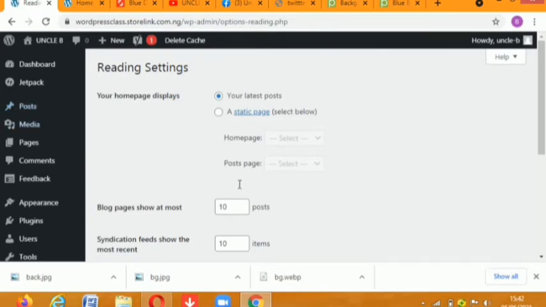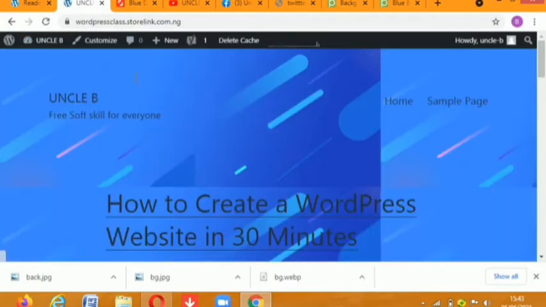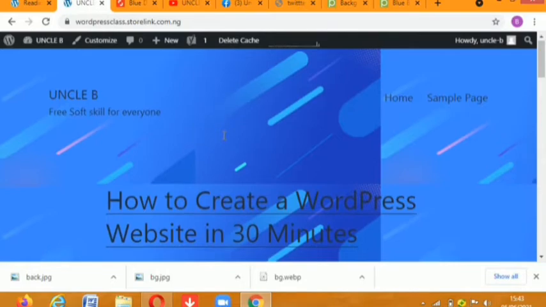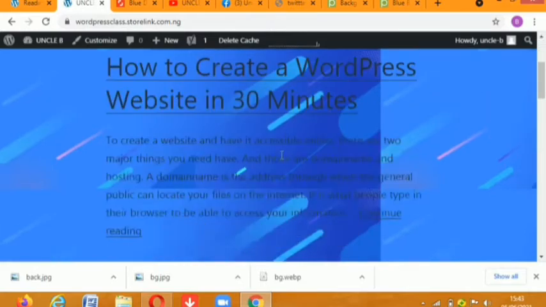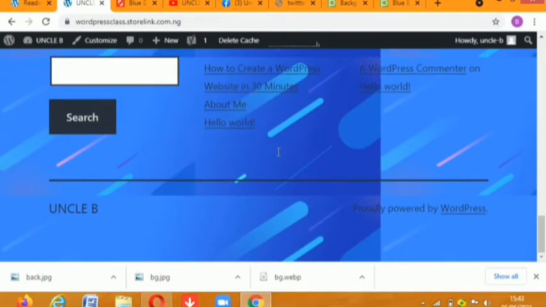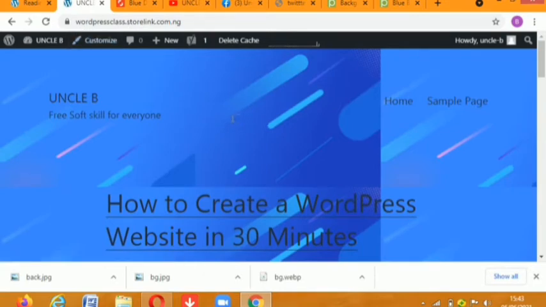Okay, so let's refresh this. Okay, good. I think you can see now that the page is now displaying. Like I told you earlier, it was not displaying the changes I made, and that's why I have to use another browser to test it. So it's now displaying. Okay, the next thing I want us to do,